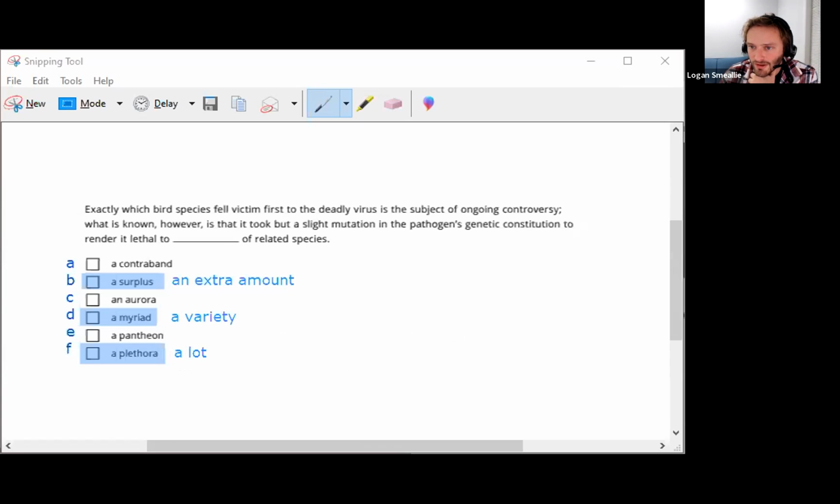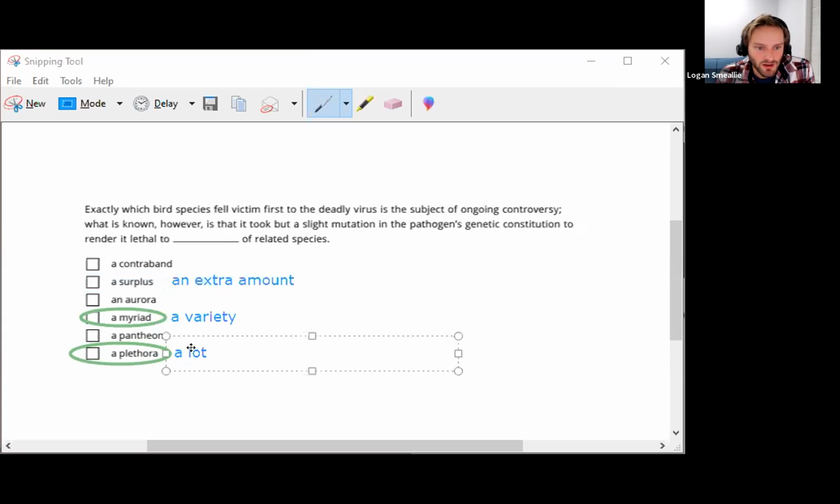All right. Kevron's chiming in D and F after hearing those definitions, and I agree. That is the answer to this one. Myriad and plethora. And surplus is kind of the odd word out. Part of that is that